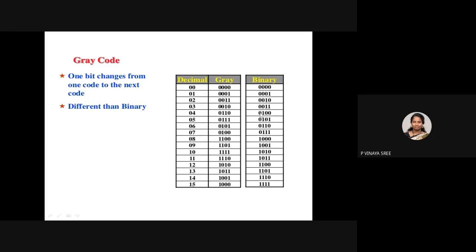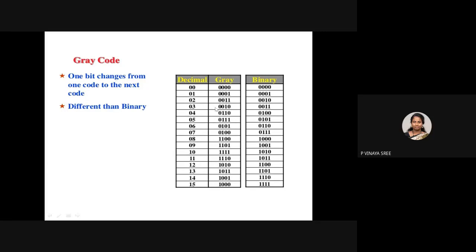MSB 0 0, for 4 it is okay, but here it is 0, here converted to 1, means 1. You try to count 1. Here high, but here low, one more 1. Next, here high, here low, one more 1. Means from number 3 converting to 4, it is changing how many bits? 3 bits. Okay.